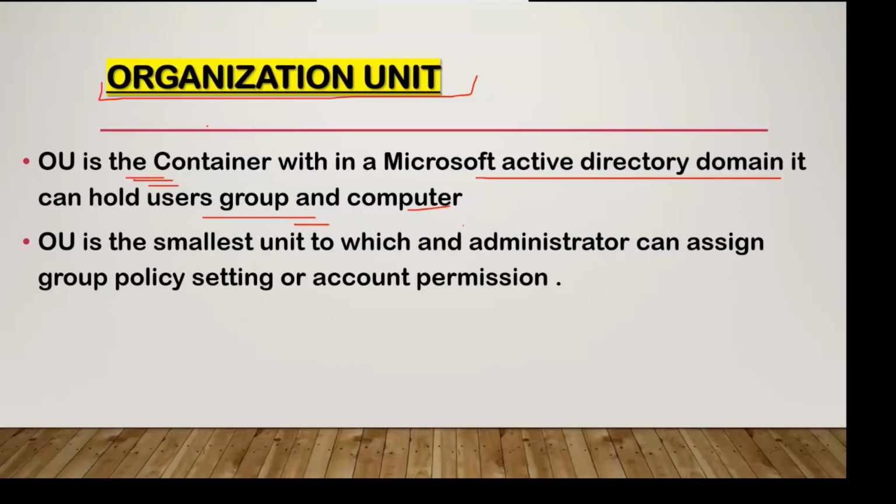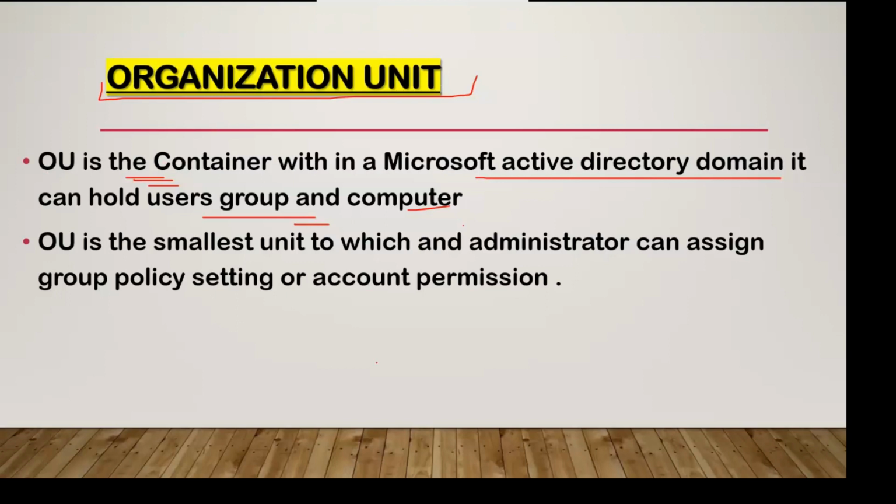So you can apply each policy on a specific OU. Just create one OU, and under that OU create your 10 users for HR, for accounts, and for IT. So we can use OU for that purpose. We can also say OU is the smallest unit to which an administrator can assign group policy settings or account permissions.